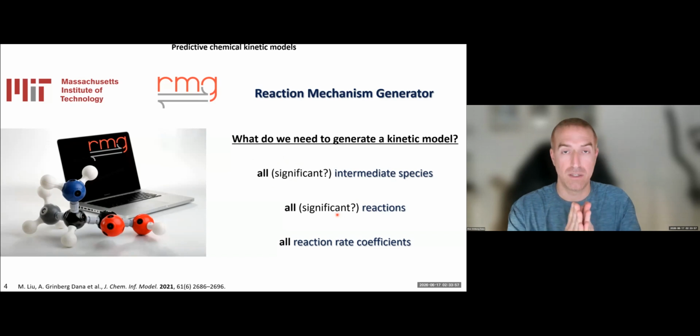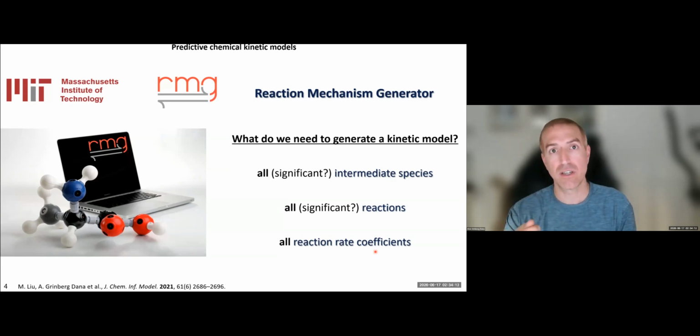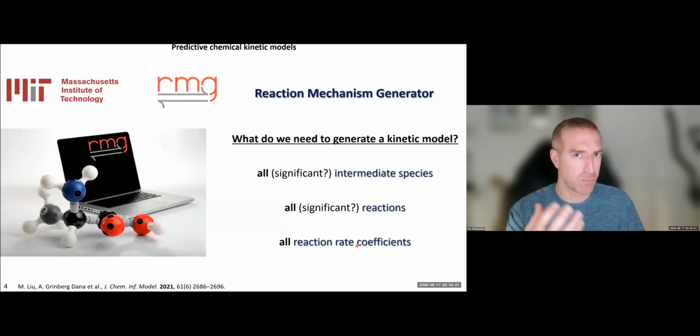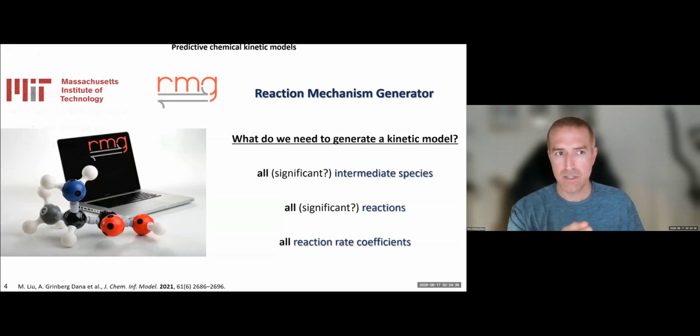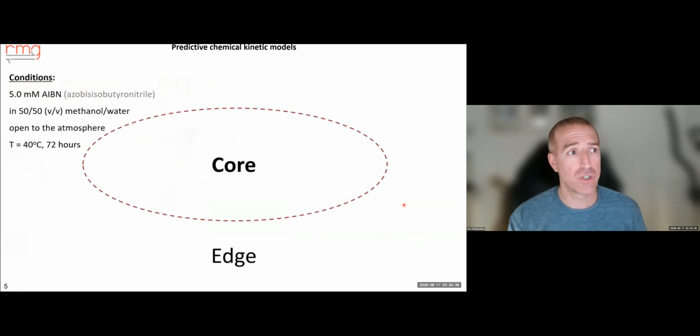We also need to quantitate everything to actually give numbers and rate coefficients. So we need all the rate coefficients in the system, not just the significant ones, because we have to make the distinction between what's significant and what's insignificant. We do that qualitatively and quantitatively, primarily based on rate coefficients. So how does RMG work and how does it achieve this goal of understanding and predicting the species, the reactions, and quantitating all that with thermodynamic properties and reaction rate coefficients? So let's see a short animation that shows how RMG thinks.